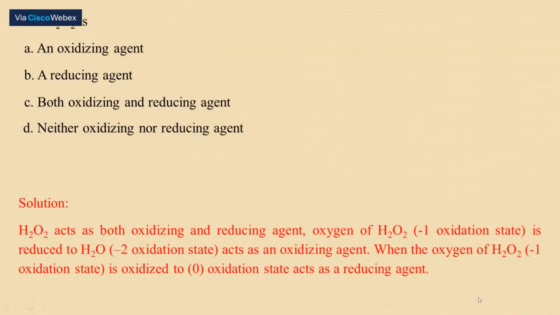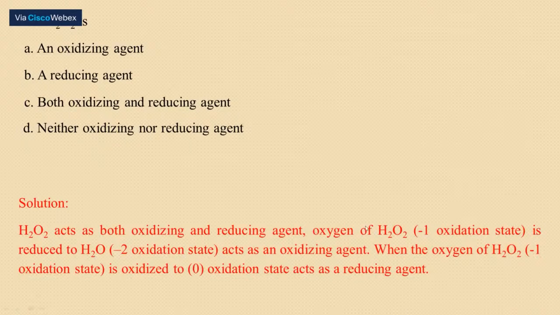Oxygen in H2O2 has a -1 oxidation state. Remember students, the usual oxidation number of oxygen is -2. There are some exceptional cases where the oxidation state deviates from -2, and one such example is hydrogen peroxide. In hydrogen peroxide, the oxidation state of oxygen is -1. So if it is reduced to water,